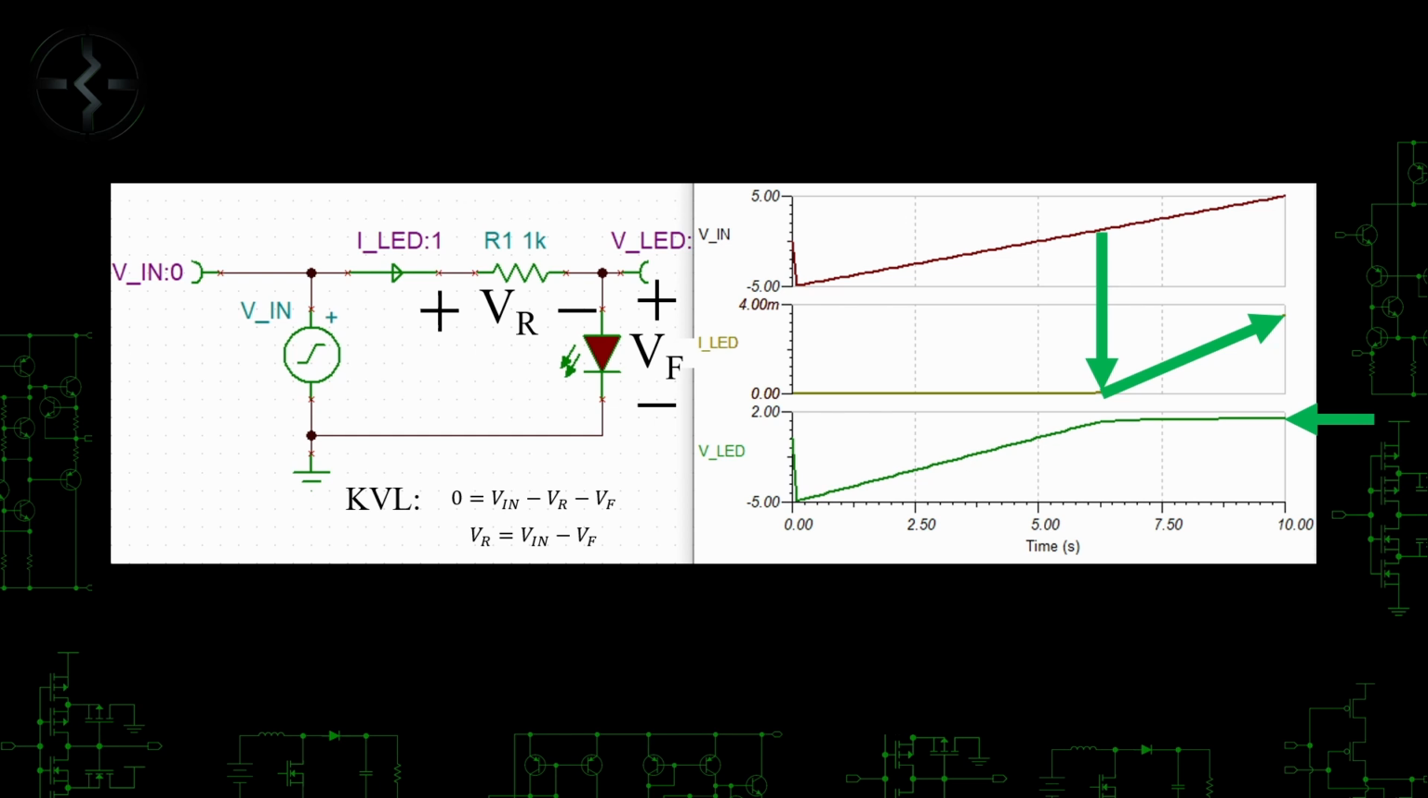As Vin increases, the LED voltage, Vf, remains constant, and thus the resistor voltage increases with the supply. Using Ohm's law, we can calculate the current through the LED for a given resistor voltage. As the voltage across the resistor increases, so does the generated current through the resistor, and thus the current through the LED. Now you have all the basic tools you need to design a simple LED circuit, so let's go